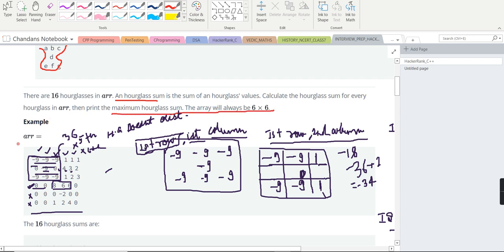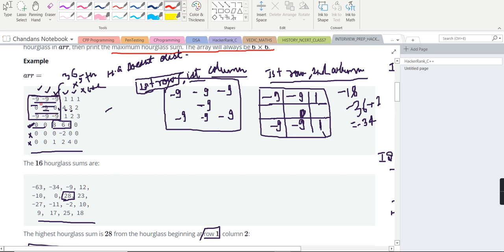Now it is basically saying that suppose we are taking the first hourglass. For the first row, we are taking the first column, second column, third column, then from the second row, the second column, then from the third row, the first column, second column, third column.